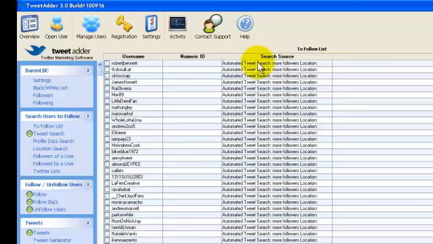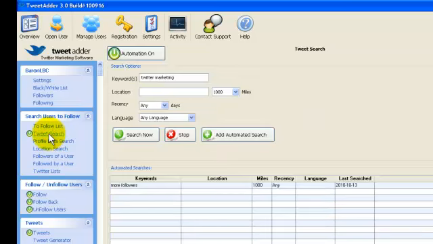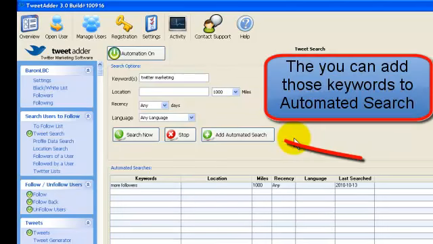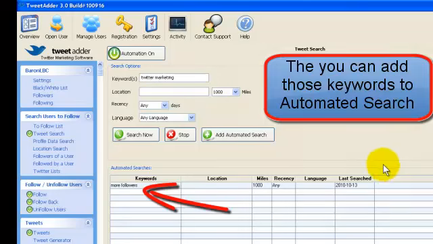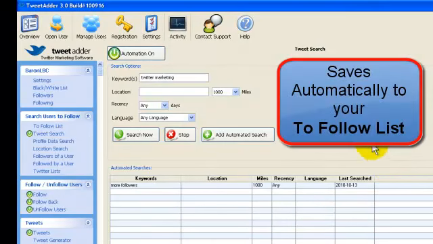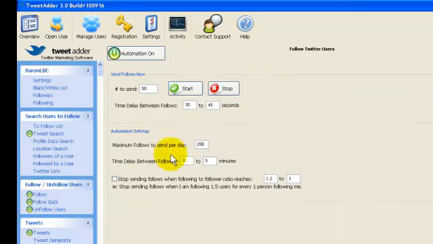On a daily basis, I have it set for 200 a day. I did that by typing in the words more followers and hitting search. I set this to 1,000, left this at any. It'll find at the max 15 pages, that's 1,500 people. So it saves them. And then once you set your to follow settings, like at 200 a day, and it's